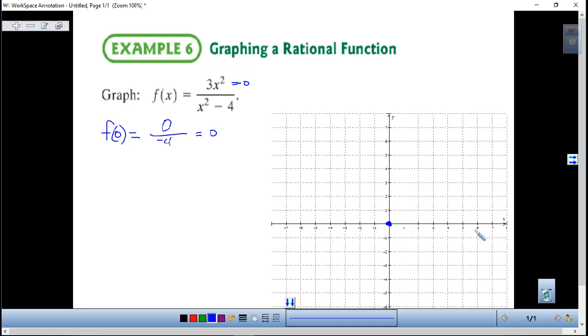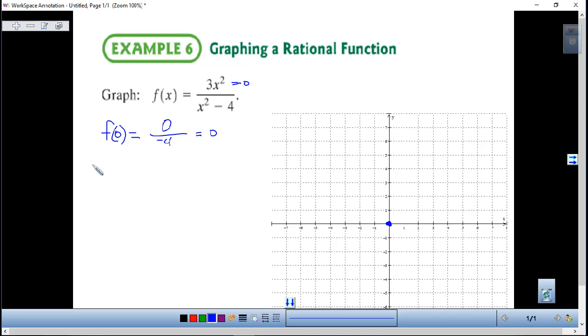You could have other x-intercepts through here as well, but that is going to be the only y-intercept. There's only going to be one y-intercept because these are functions, and remember, if you have 2 y values for any given x value, it's not a function. All right, so once we find those two, we need to find out what the